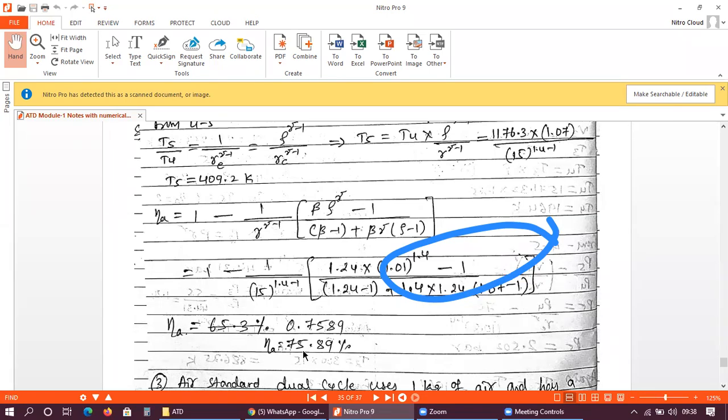Okay, so you need to practice some problems. For each cycle, either it may be a Carnot cycle, Otto cycle, diesel cycle or dual combustion cycle, you have to solve at least 3 to 4 problems in each of the cycles, right? Then only you will be familiar with which equation to apply where. For all the compression processes the equations are same, for all the expansion processes also the equations are same, right? So you have to work on this. Until you work on it, it is a bit difficult for you to understand.